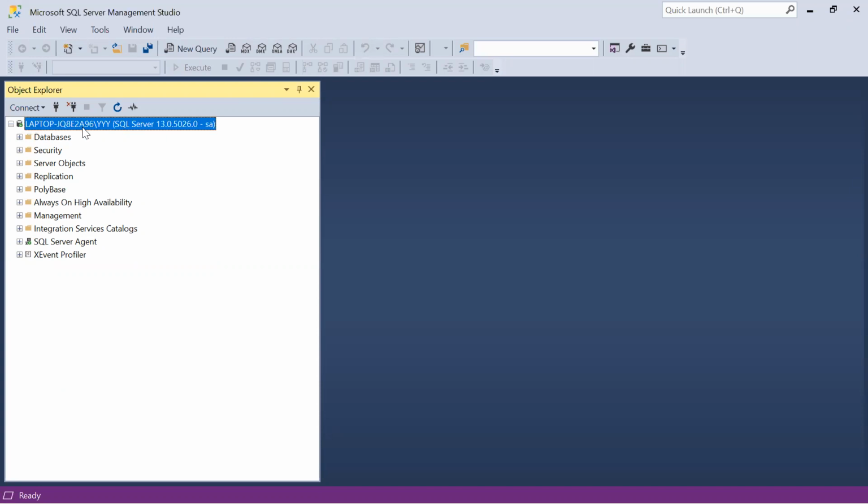This is the system name, right? Or computer name, right? System name or computer name, slash, then the instance name is there. Then it will be a